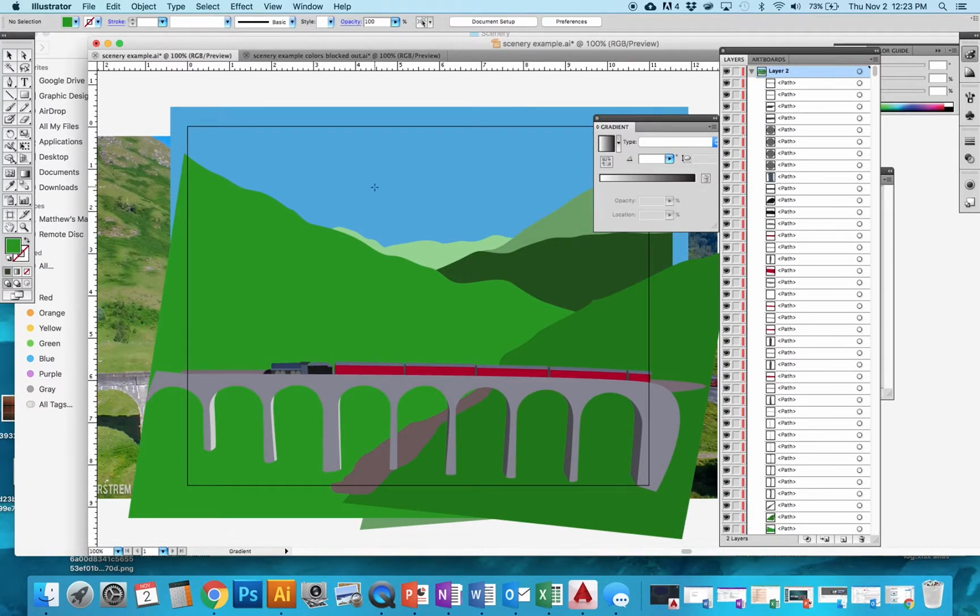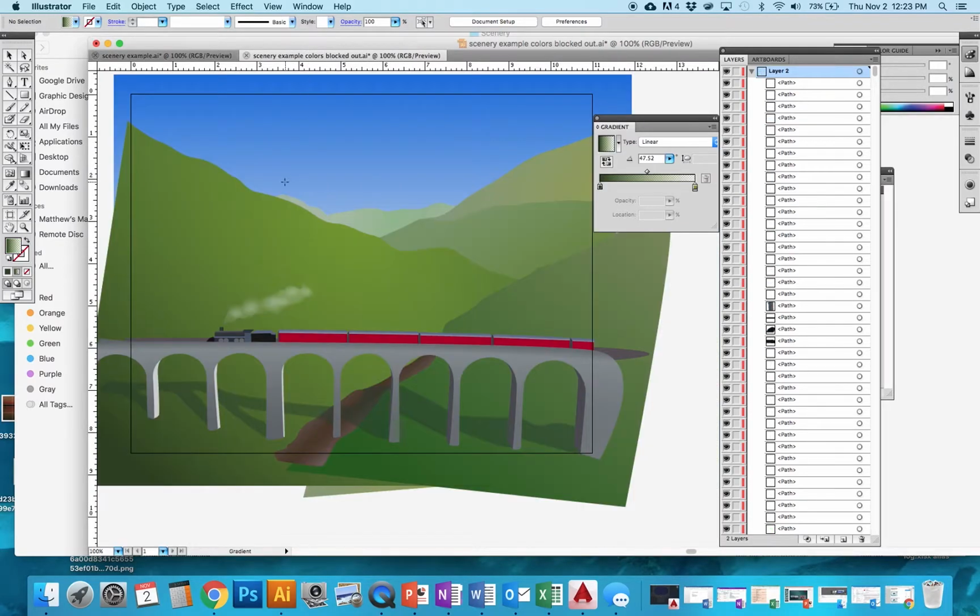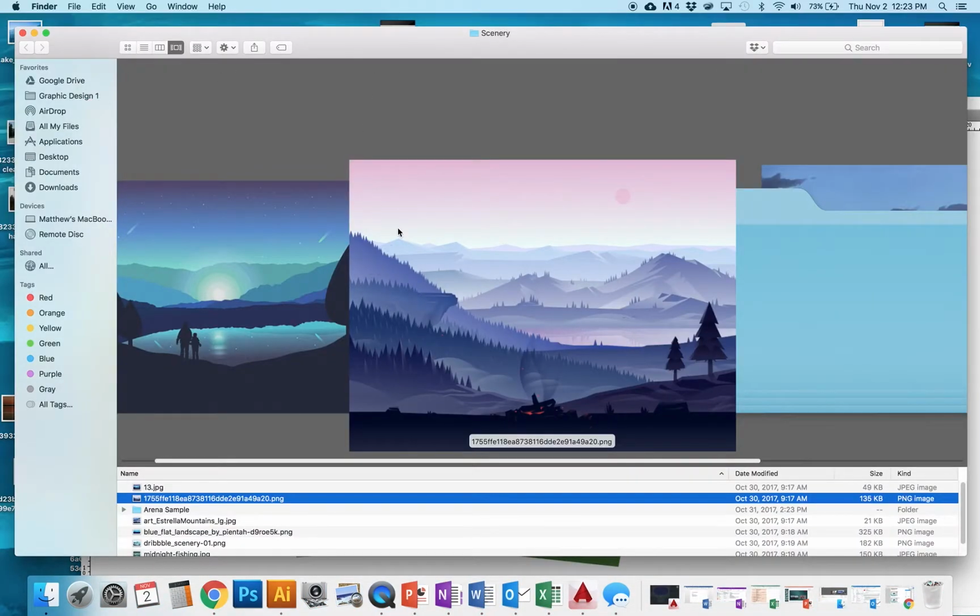Alright, in this video we are going to look at taking our project, now that it has been blocked out with all these shapes made with fill colors, and converting it into more of a finished project where we've incorporated gradients into all our shapes as opposed to using fill colors. So again, looking back at some of the samples just to get you an idea of what we're going for,